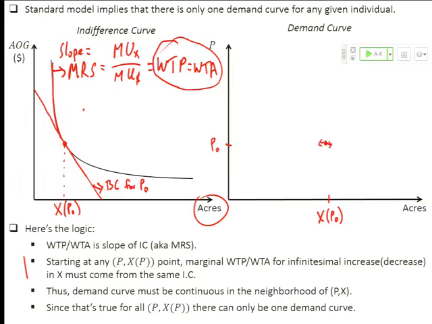So the point of that is simply to say that if this model here is correct, then what we're looking at is a continuous demand curve that is the same in either direction, right? As I increase the price a tiny little bit, the quantity that you'll be willing to demand, or to buy or sell, or vice versa, as I change the quantity a little bit, your willingness to pay will move only infinitesimally, right? So infinitesimal change in price, infinitesimal change in the horizontal dimension of the demand curve,